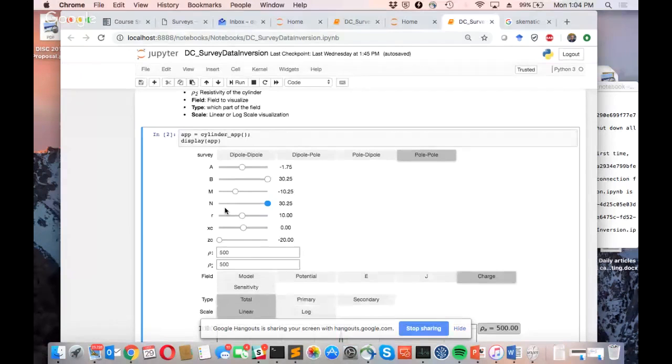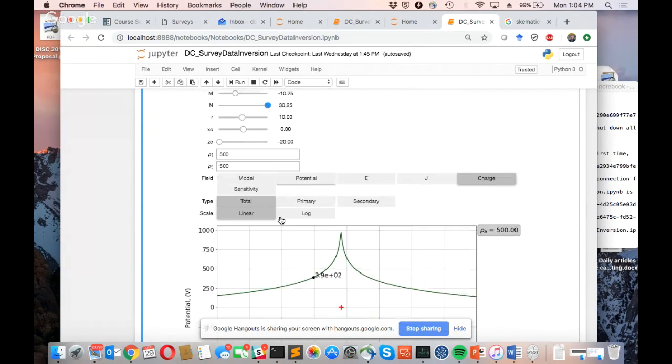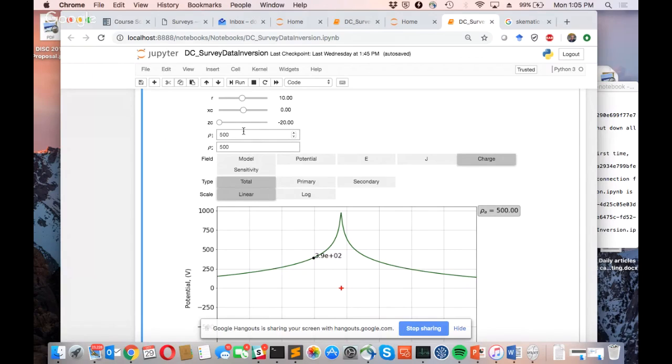have a full suite of these. So here's the A electrode, here's the B electrode, so the current's kind of going in like that. And then I can have two potential electrodes. One is M that's connected to the positive side of the voltmeter, and one is N that's connected to the other. For now, we just want to look at what happens here. You have some options as to what you want to have for the resistivity. So we're just going to look at the resistivity of 500 ohm meters. And then we can plot a number of things. So you can see up here, we can plot the